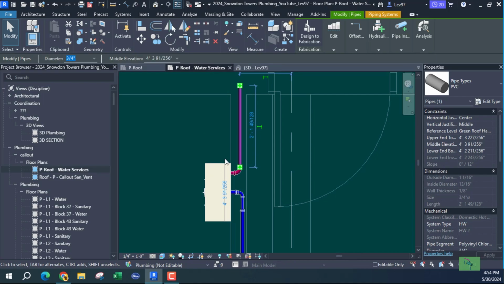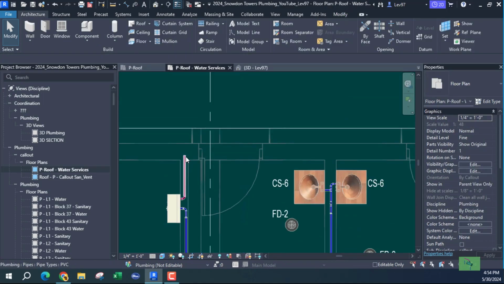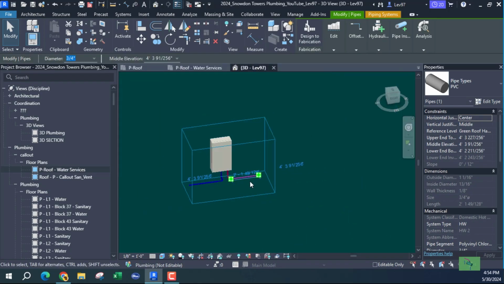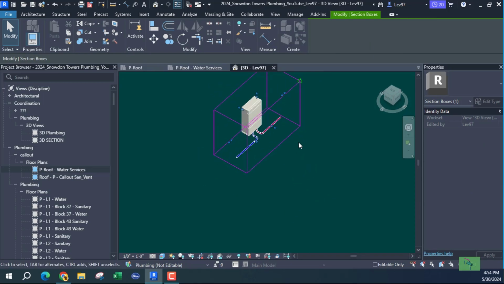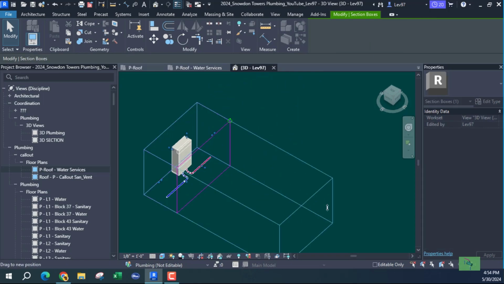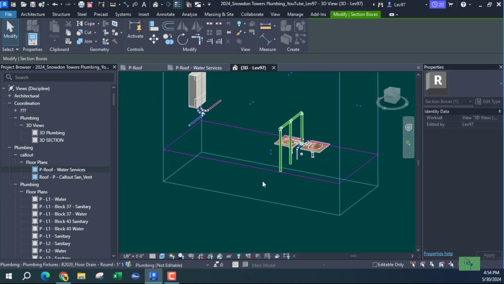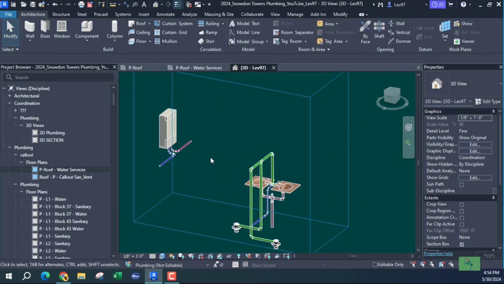What we got here. So what's going to happen? Let's see. Can I use this 3D view? And I know I'm doing a little bit too much right now. Let's see. What have we got here? It's the lavatories, and let's see if I can